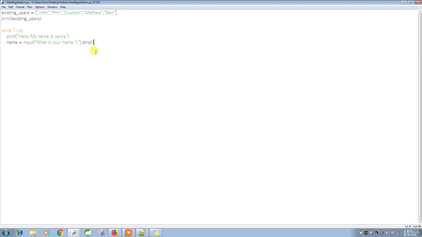Now I'm going to check whether the particular name entered by the user is existing in the users. If it is existing, I'm going to send one message; if it is not existing, I'm going to send a different kind of message. I'm going to use the keyword in here. We are going to talk about how exactly in works later. For now, I'm going to create an if condition: if name in existing users,